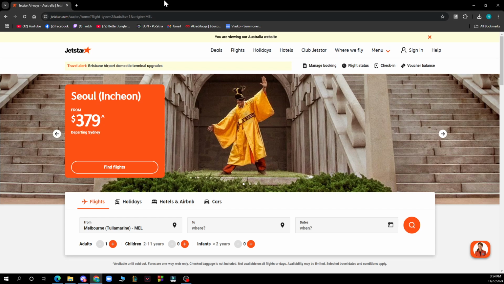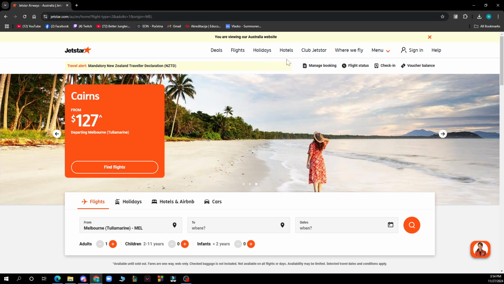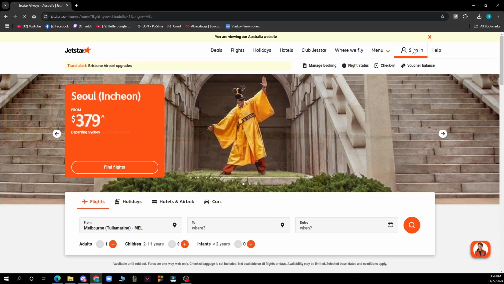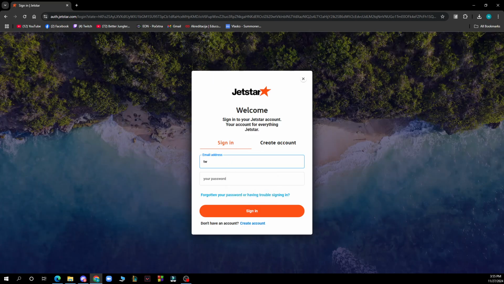Google and log into your profile or register to Jetstar if you haven't already done that, of course. But now guys, let's see what we have in front of us here. In the top side of the screen we have deals, flights, holidays, hotels, Club Jetstar, where we fly menu, and of course the option where you can go and sign in by clicking here, and of course putting in all of your credentials. We have a separate video on how you can actually go and sign into this website, but you can go and check it out if you are having struggles with